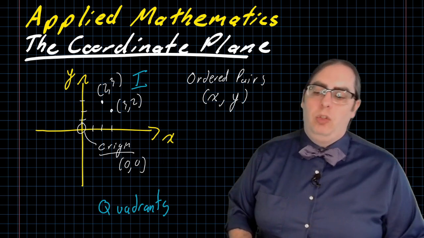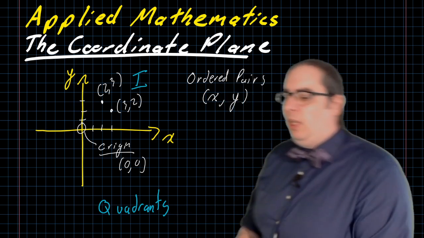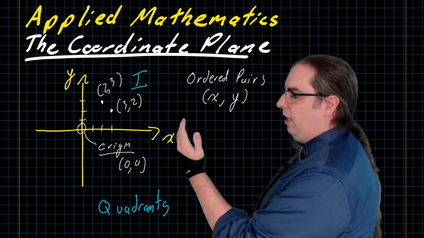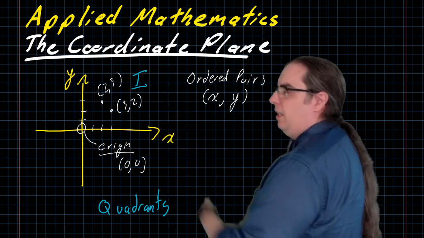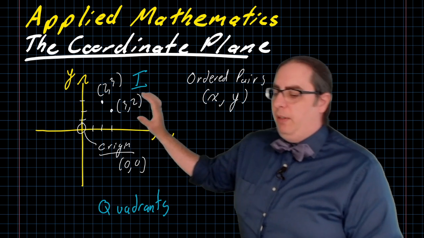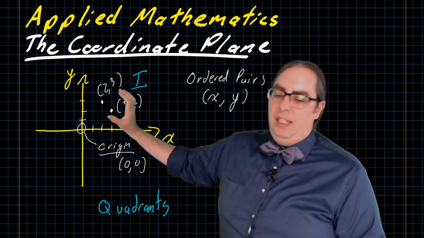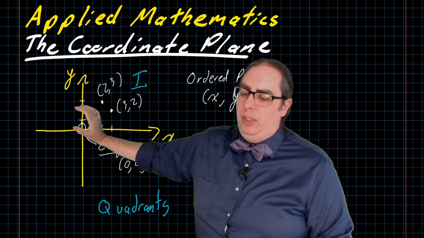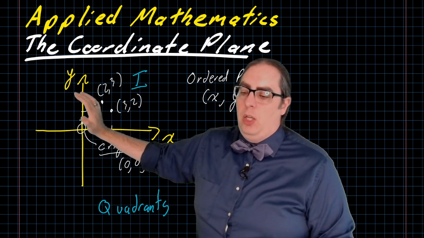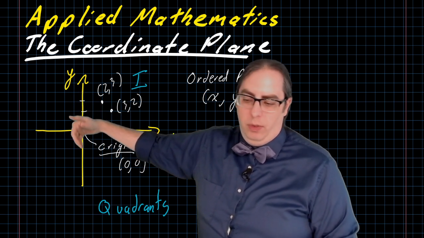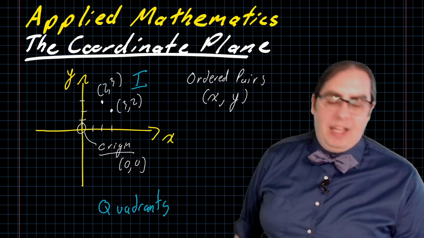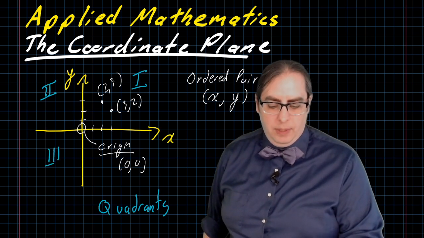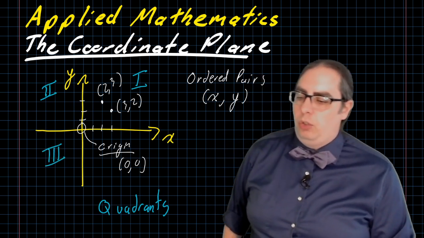From there, we proceed using what's called the right-hand rule. To understand the right-hand rule, take your right hand. For me this kind of looks like my left hand, doesn't it? I'm in a mirror, so I have to do this really strangely, but that's okay. Put your right hand on the origin so that your thumb is sticking up. Your fingers naturally want to curl in this order, and that's the order we follow as we name the other quadrants 2, 3,